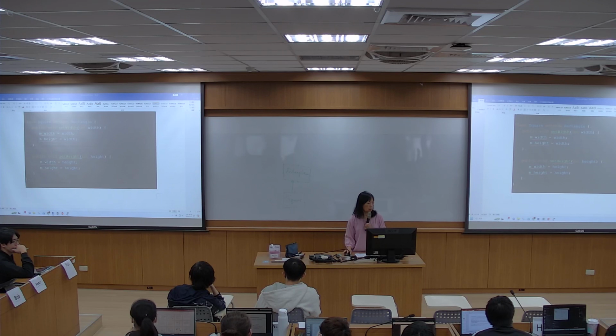So width changes to the height, and here, height changes to the width. So here it says width changes to height. It's already width changed to height.